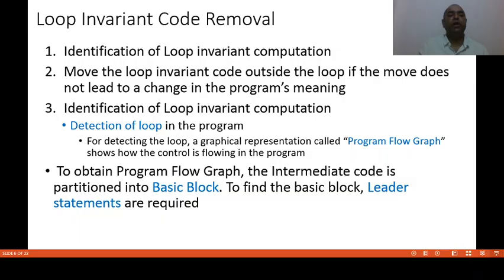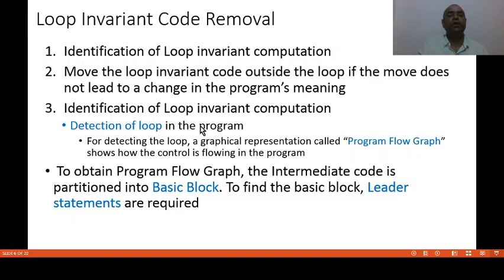We have to identify the loop invariant computations that are present inside the loop. Second one, move the loop invariant code outside the loop if the move does not lead to a change in the program meaning.